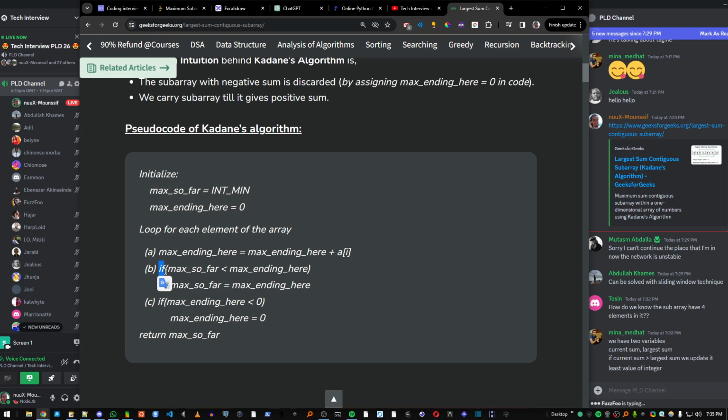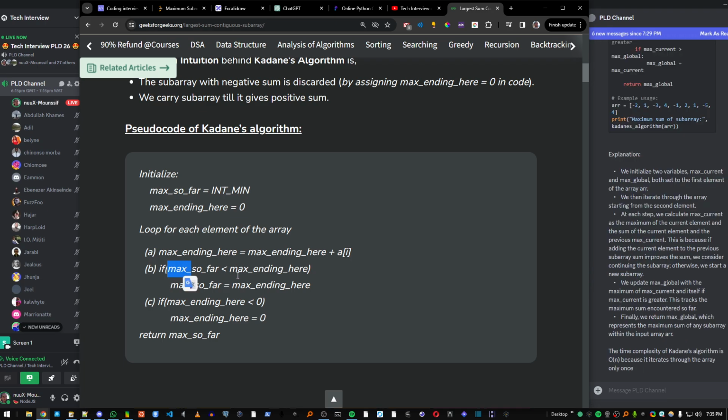And they check if max so far is less than the max ending here, we're gonna update max so far. Okay. Else we're not gonna update, but we're gonna check if max ending here is less than 0, we're gonna reset it to 0. Okay, that's a cool note. Like if, but max ending here. So if we did